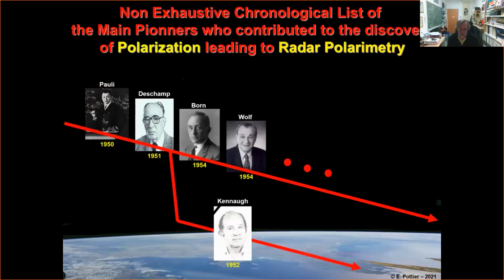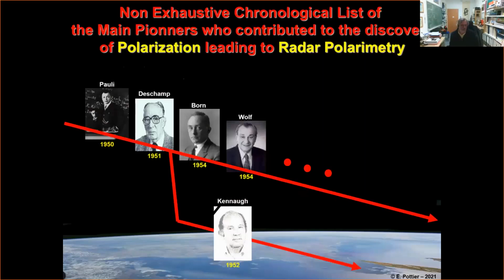And in fact, radar polarimetry was born in the 50s by this professor, Kennaugh, from America, University of Chicago. So he had the idea to apply all the theory which was derived previously in optics to the radar concept. And he said, what is the difference between an optical wave and an electromagnetic wave? It is exactly the same thing, except the frequency, but from a physical point of view, it is exactly the same thing. So maybe I can apply exactly the same theory, and this is what he did.